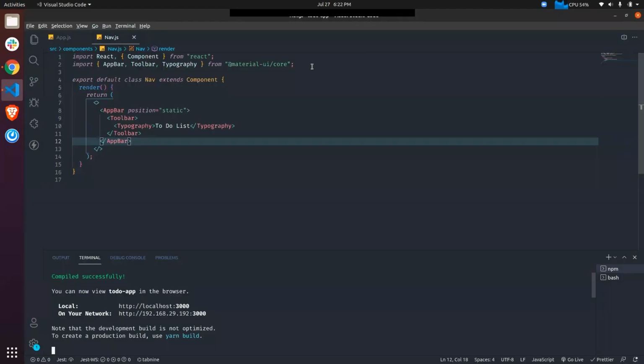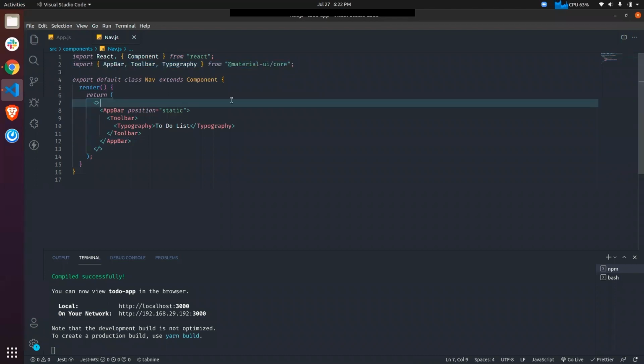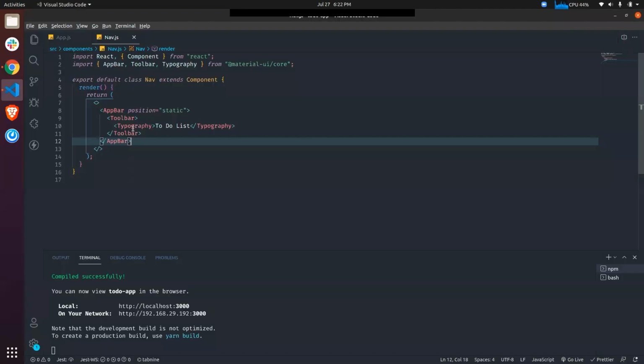Yeah, so it's working fine. We got our app bar right over here, and we don't have to write anything. We have just imported some things from Material UI and used them as components, and we got this beautifully looking app bar with the text. Okay, so now we have used Typography.